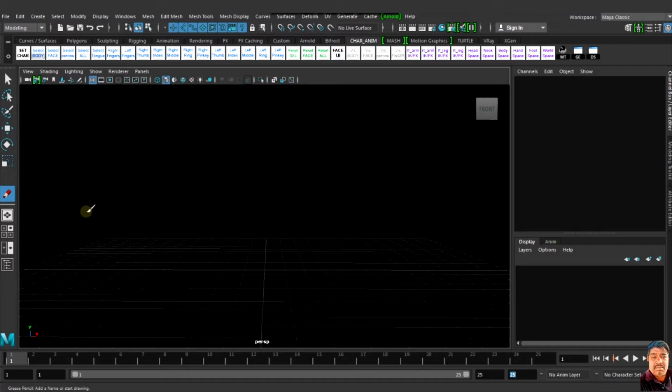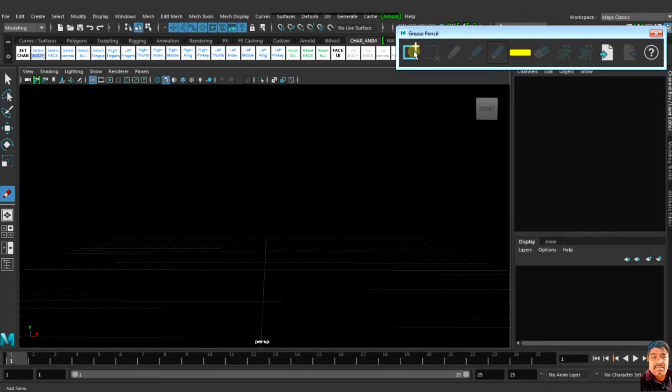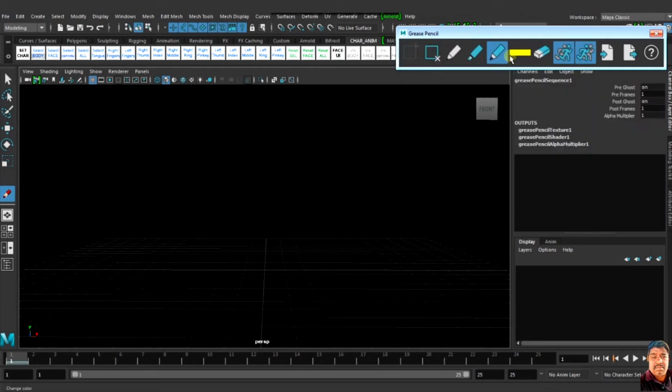First of all, I select this grease pencil. This is our grease pencil, and I can click here to make the first frame of the animation, right? So the first frame is contact. Contact is like this.